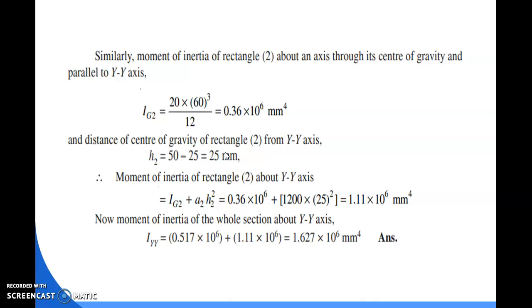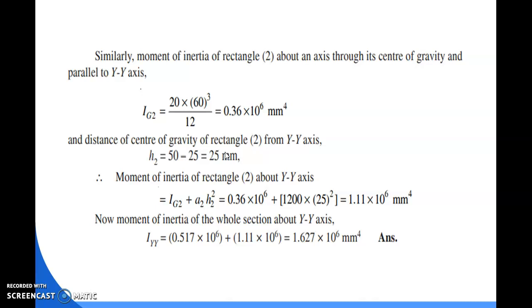Hence, the total moment of inertia of the whole angle section is equal to the moment of inertia of section 1 plus the moment of inertia of section 2. By adding both the moments of inertia, we get the moment of inertia along the y-y axis as 1.627 into 10 to the power 6 mm to the power 4. So this is all about the moment of inertia of the composite section